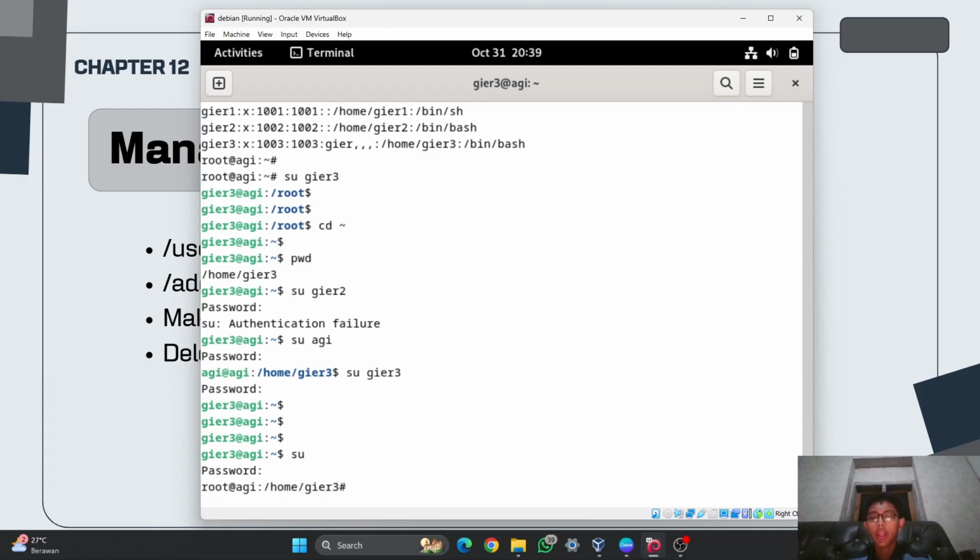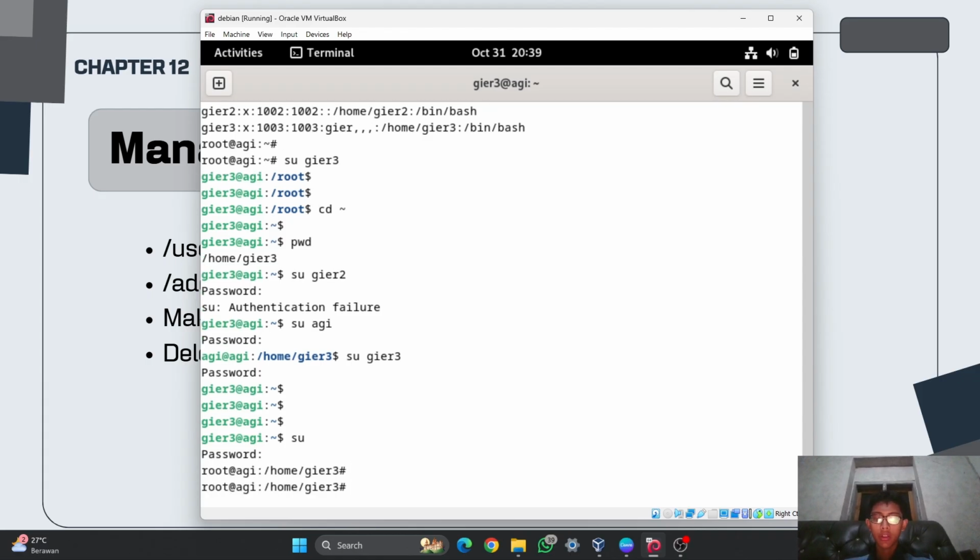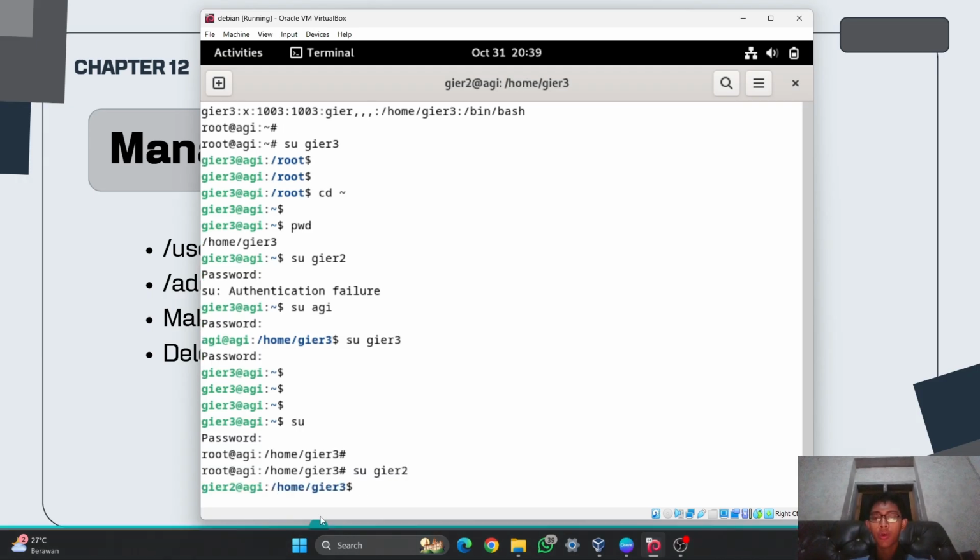It's a bit complicated, guys. You can just directly log in to gear 2 if you are on the root user right now. Gear 2, it will automatically get in.